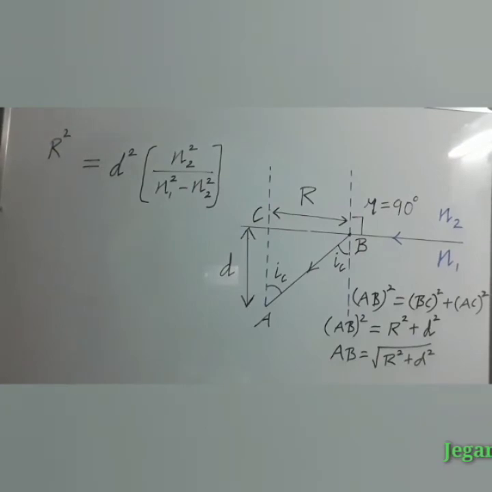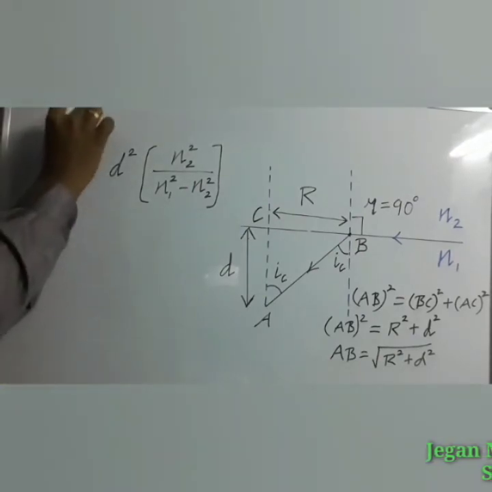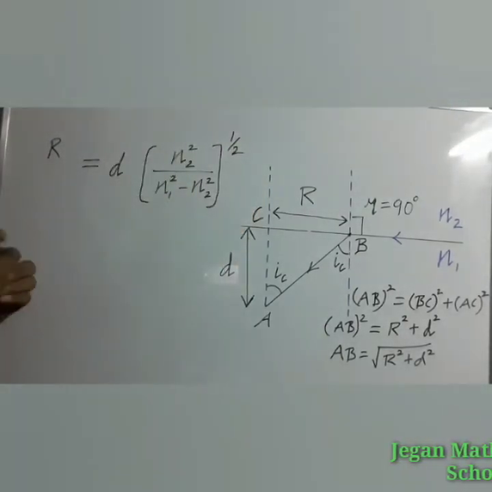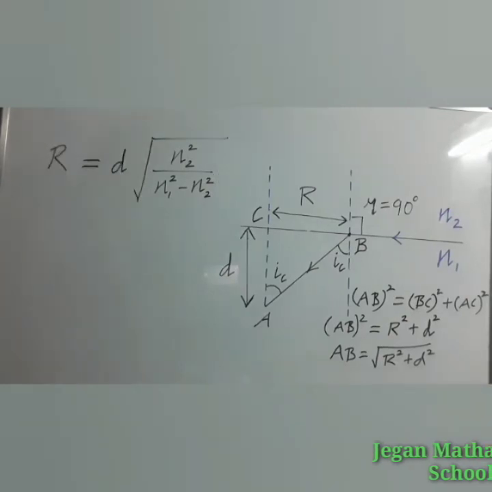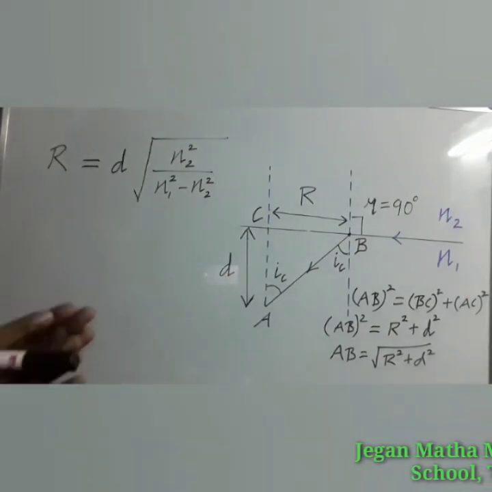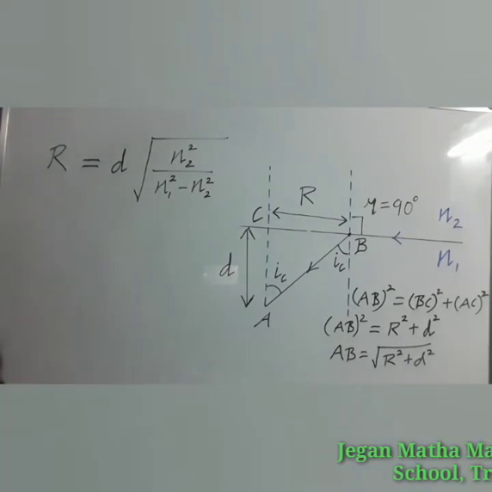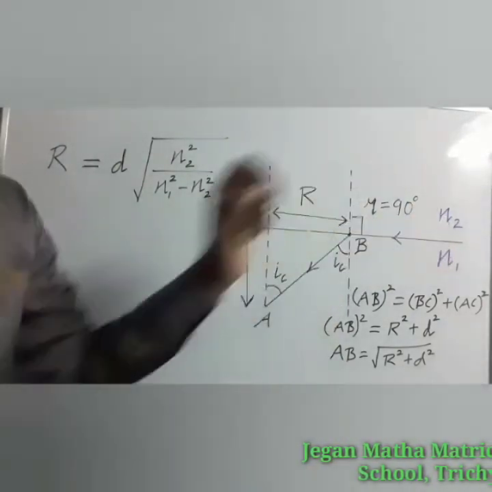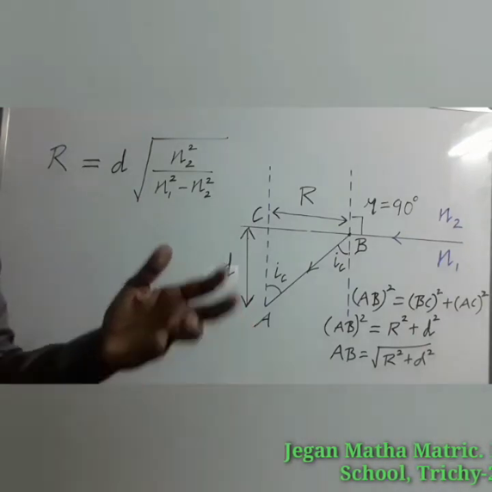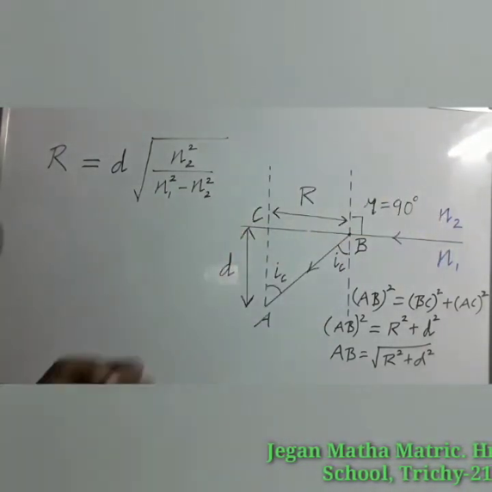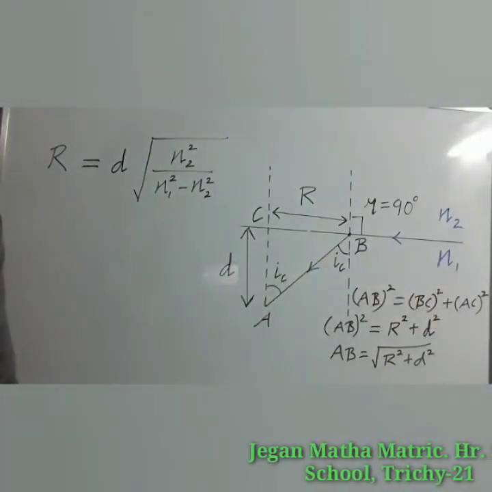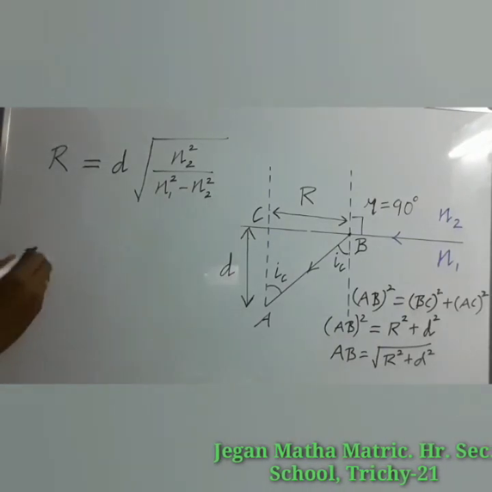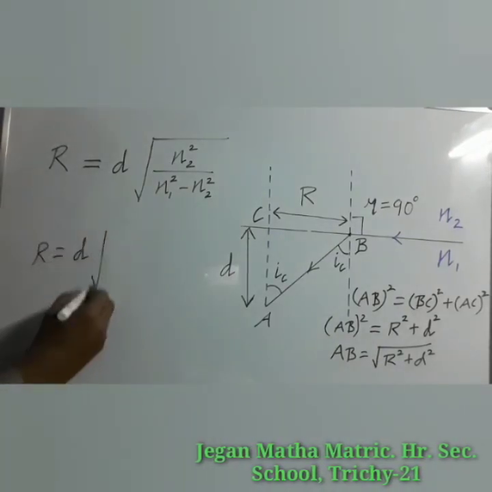So what will be the value of the radius? For that you can take the square root. So R is equal to D, times the square root of this value. Otherwise it can be written within a square root like this. It is a general expression for the radius of illumination or radius of Snell's window. If the rarer medium outside is air, then n2 can be taken as 1. We know that the refractive index of air is 1, and we can take the refractive index of the other medium as n itself.